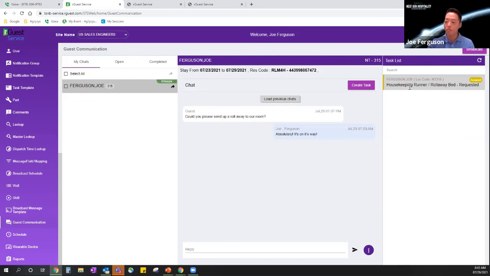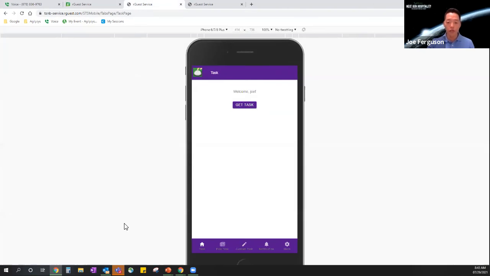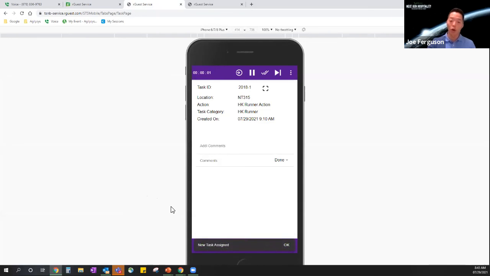He's a popular guy. So Joe Ferguson now, from an operational standpoint, let's put on a housekeeping hat because they're probably the most common department that's going to deliver the rollaway. So housekeeping will have an end user form factor of our guest service, which is going to be the phone in this case. So Joe's just going to say, let's go ahead and get my task. So here is my task of delivering the